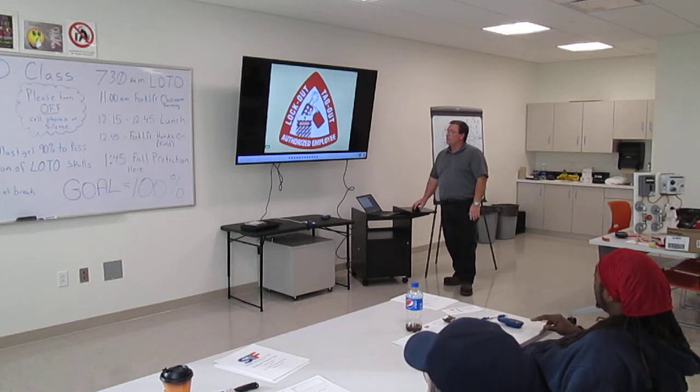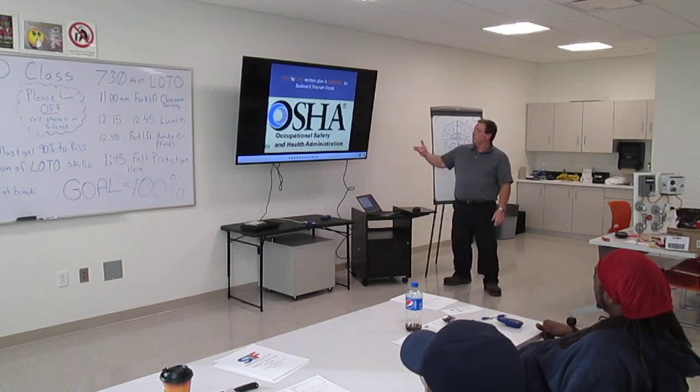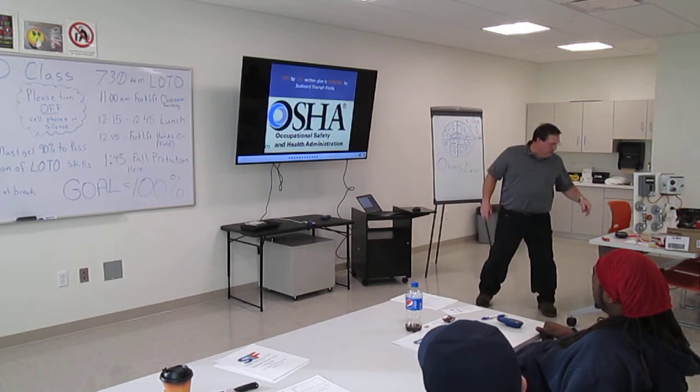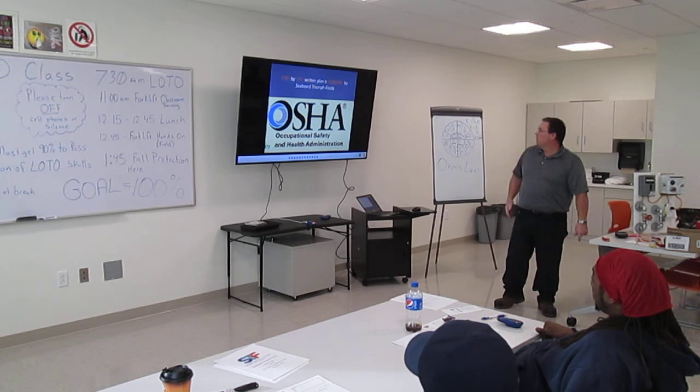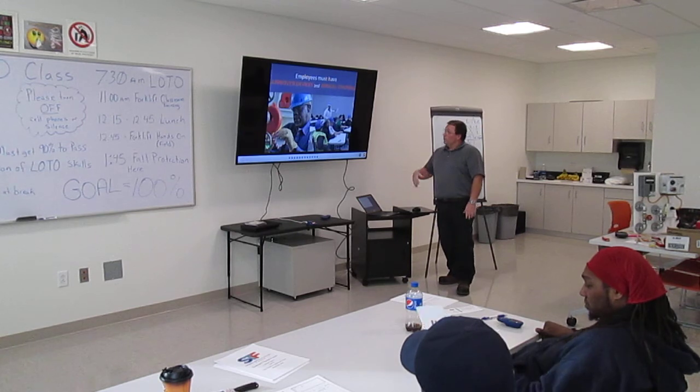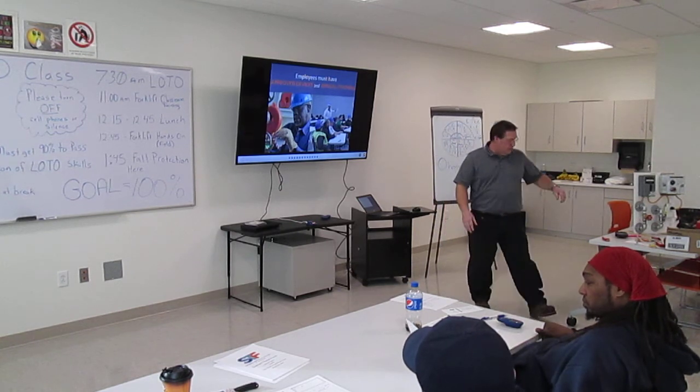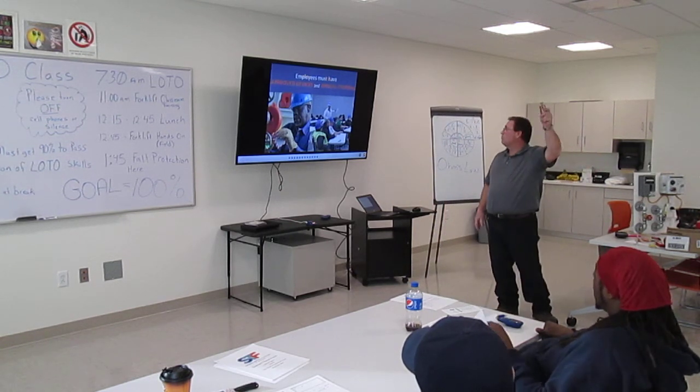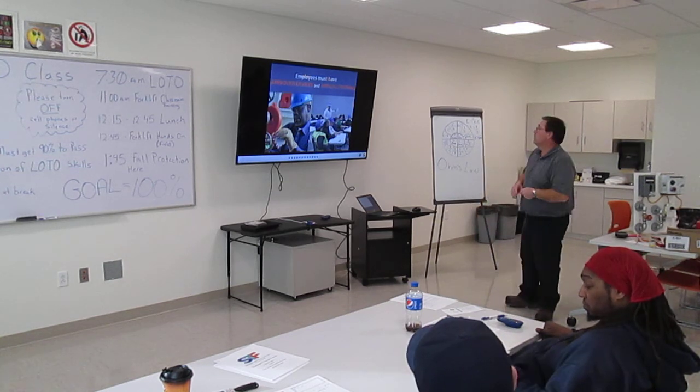I go back through, we hit a few points. You guys can catch up on any notes you want. OSHA requires Seaboard Triumph Foods to have a step-by-step written plan. We do, it's the policy in front of you. Employees must have approved devices. You will be issued locks, just like this, depending on your area, the color. You will get annual